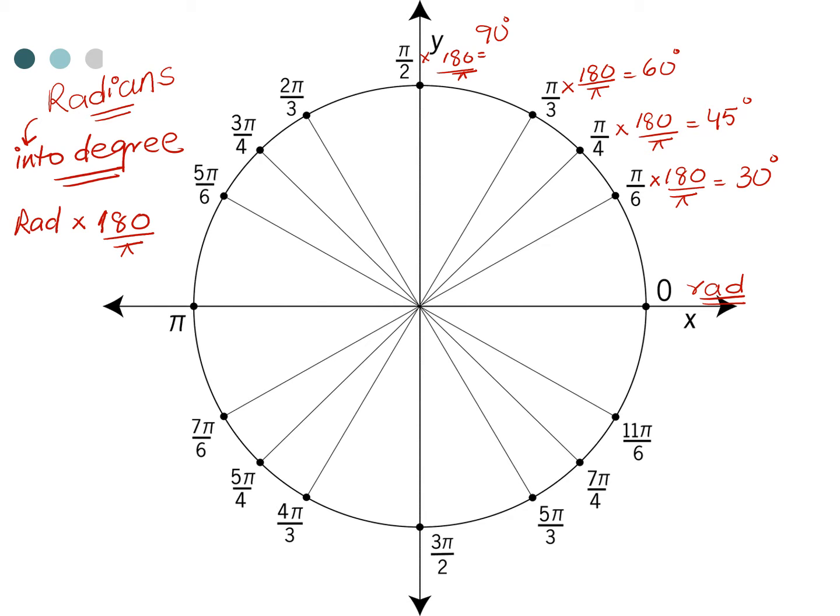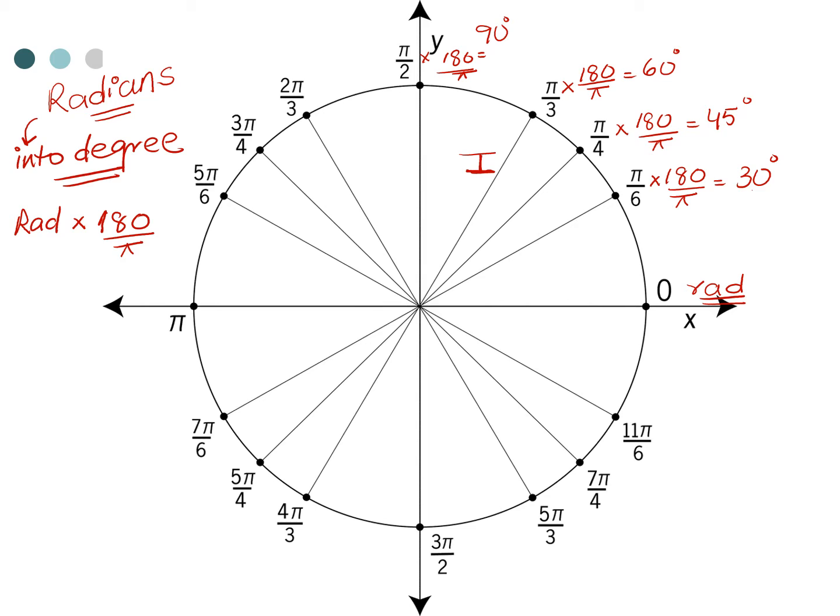And remember, it is better for you to memorize the special triangles. So special triangles are between 0 and 90, memorize 30 degrees, 45 degrees, 60 degrees. 30 means pi over 6 radians, 45 degrees means pi over 4 radians, and 60 degrees means pi over 3 radians. Now if you memorize this, it becomes so easy to jump from the first quadrant, because between 0 and 90 degrees, the region is said to be the first quadrant in the coordinate plane.